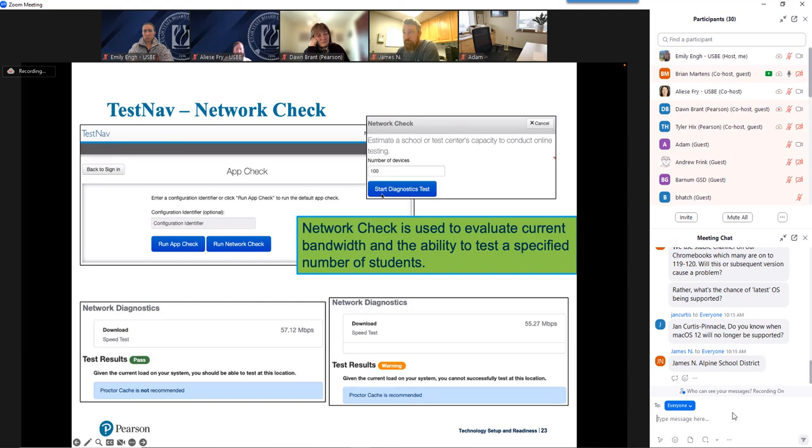It will do a quick bandwidth check to see what kind of bandwidth I see on that device right now in that school. And based on that bandwidth, it'll crunch some numbers and say I see, in this case, in my lower left-hand corner, 57 megabits per second. I wanted to test 100 student devices, and it looks like I'm going to be able to successfully do that. Or if it runs the test and does the math and says the number of devices that you put in there is not going to be supported with the bandwidth that I see right now, it'll give you a warning. So just be aware of that.